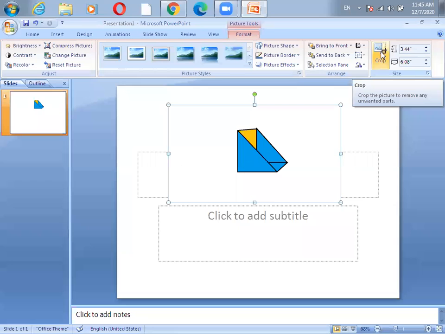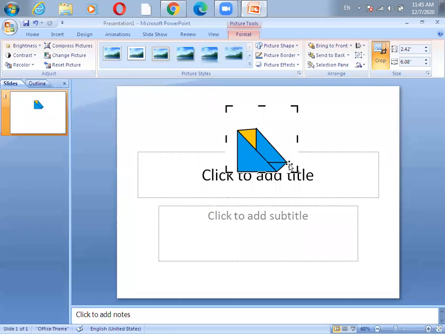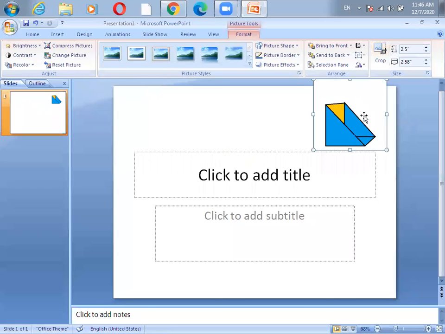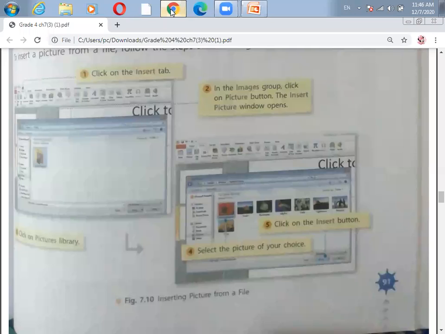See, this is written over here, crop picture. This is a little bit advanced. I don't think you have all these things yet, but I'm just telling it because I just want you people to be able to make a simple presentation after finishing this chapter. Okay, so that's why I'm telling you, if you want to crop this picture, you can crop with this option over here. Then you can see this is the picture, and you can move it and paste it wherever you want. Okay, so in this way we can insert the picture.